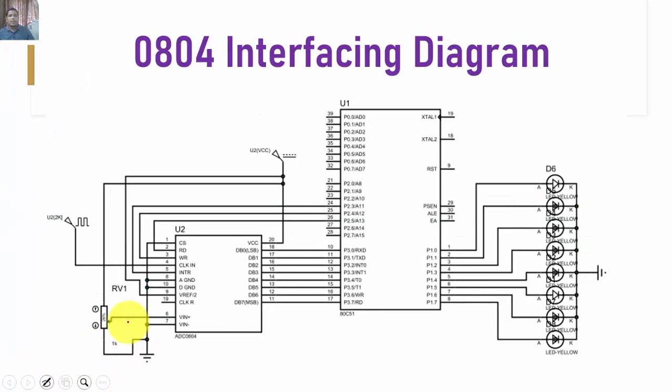In this way, we are going to develop a program in such a way that the ADC 0804 is interfaced with the 8051 microcontroller. We are going to read the digital data from the ADC on port P3, and whatever data we read, I am going to display on port P1. Okay, so let us see the code for this program.